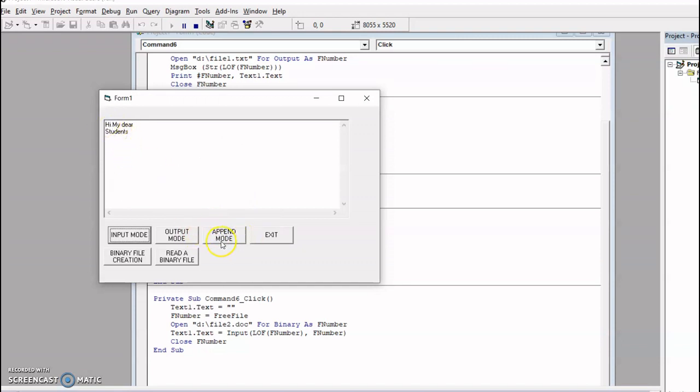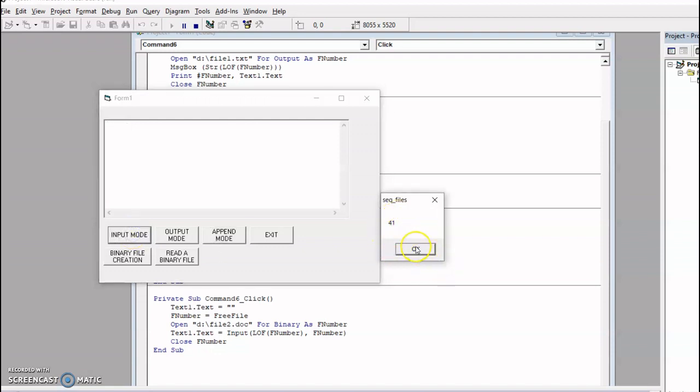Then to work with the append mode, as I already told you, append mode will add the contents. Now I just enter 2 more lines, then give append. To see the entire file, we have to click input mode again.